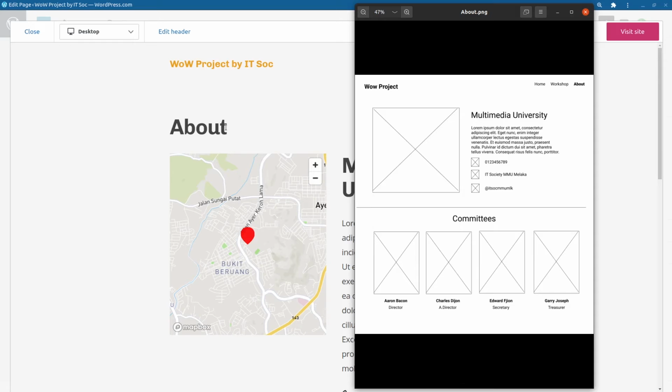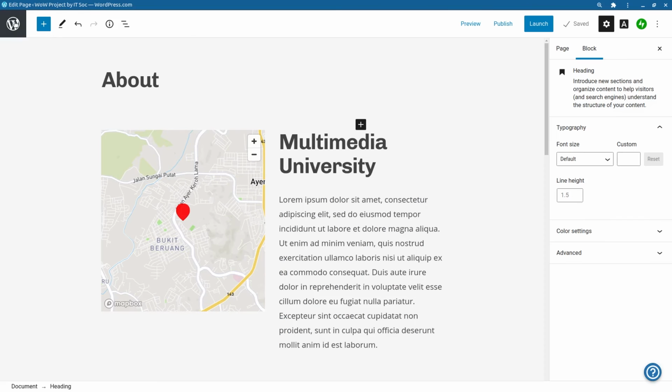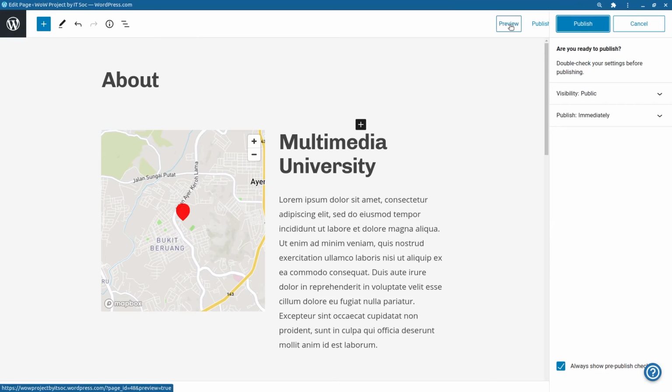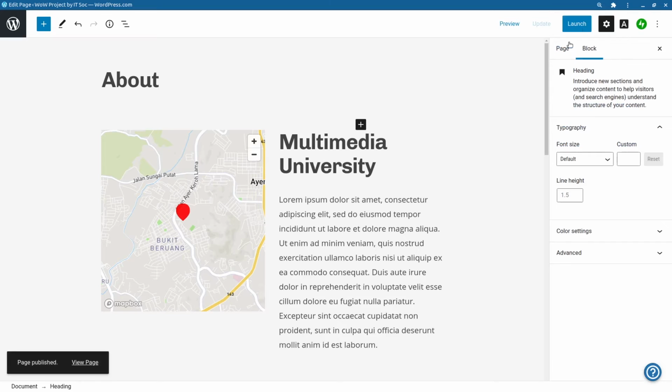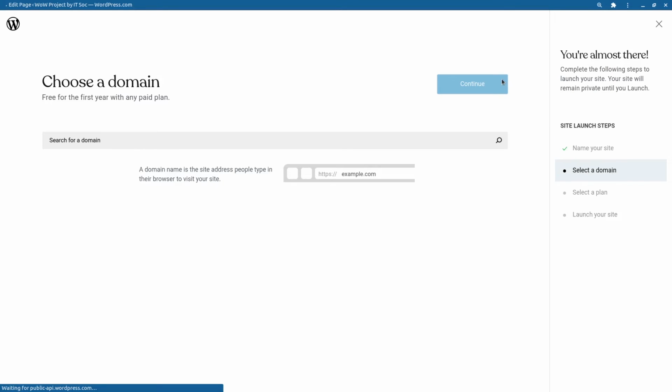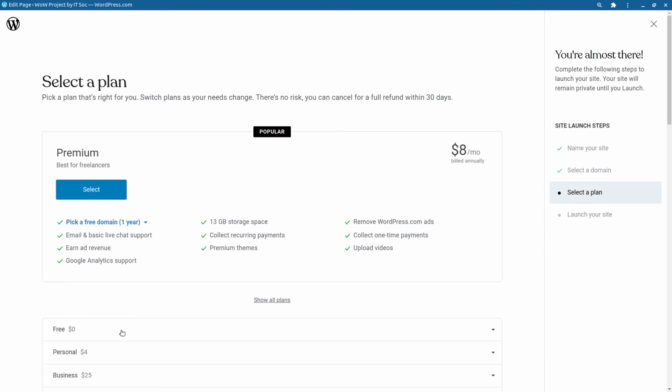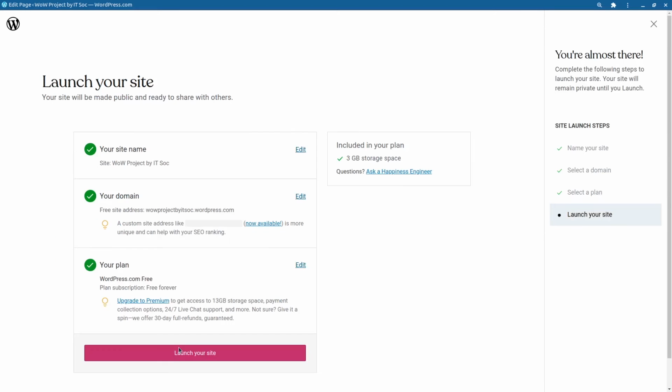Then we have to remove these social icons, and I believe we can't remove these. If we don't name these, then it should be possible. So the name is going to be a little bit different from this one, but it's okay. This is done for this page. Let's publish it, and launch the page as well.